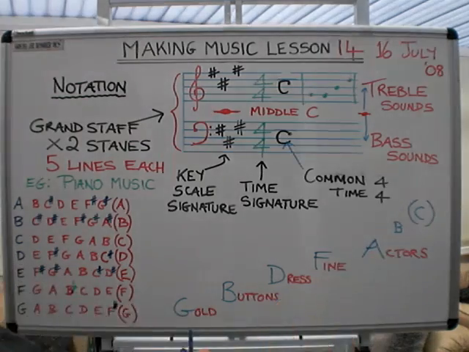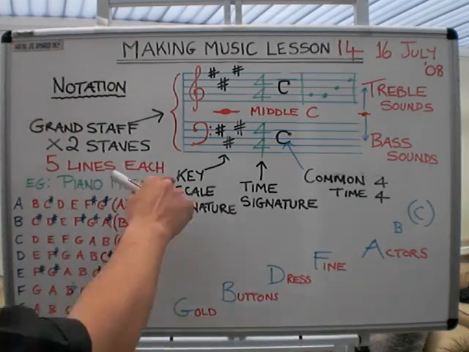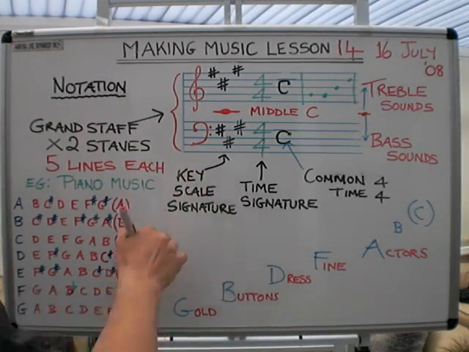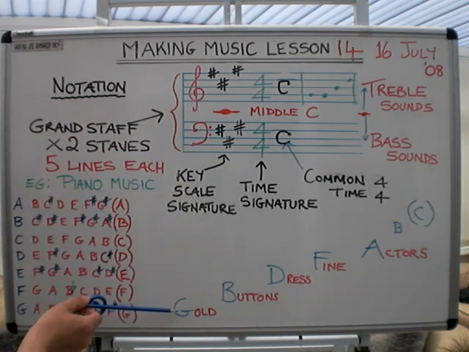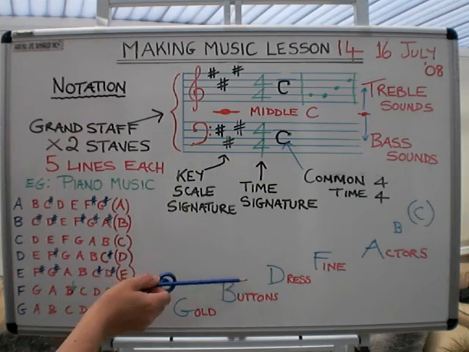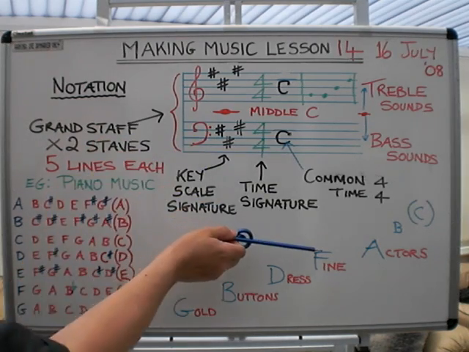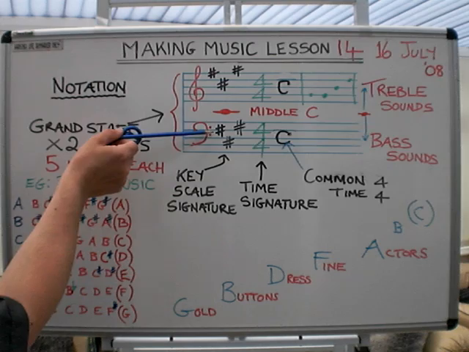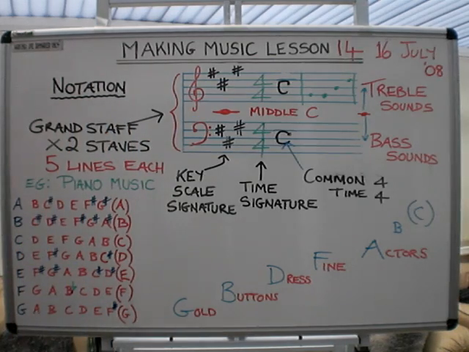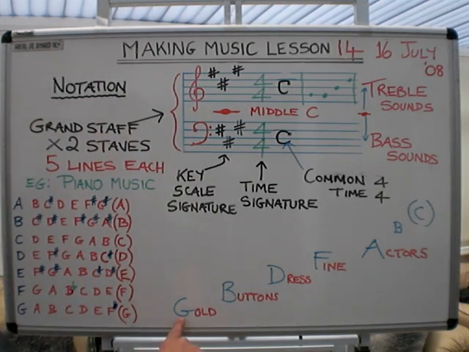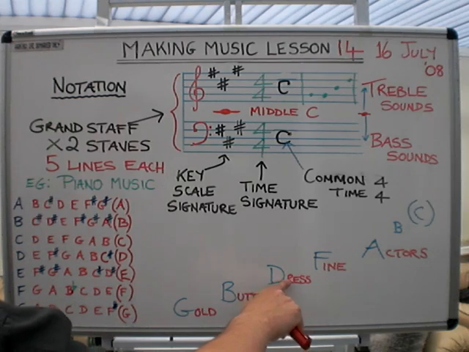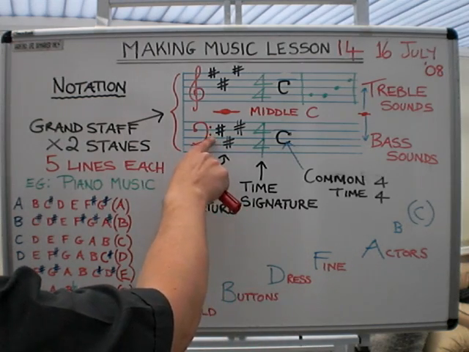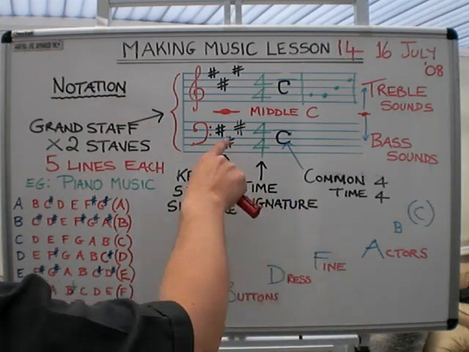I'm looking at the bottom half here. I've started on the bottom line as a G, and on the lines, this is the way to remember the lines: G, B, D, F, A, and so forth. So I've just written some words in here for a word association. Gold for the bottom one, gold buttons, B for the second line, dress, D for the third line, fine for